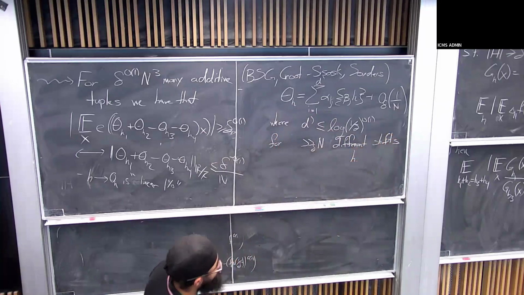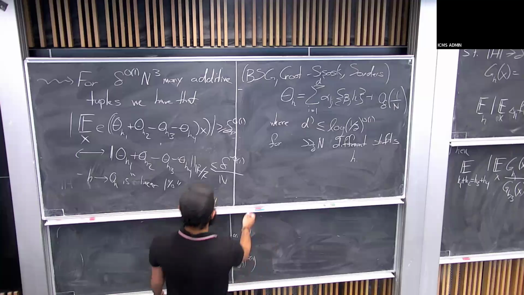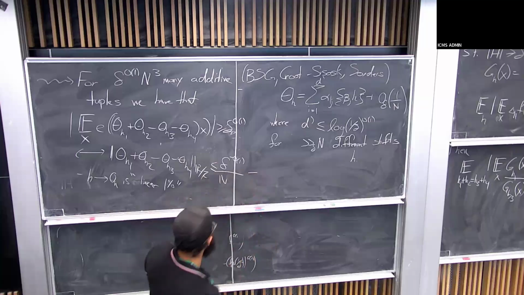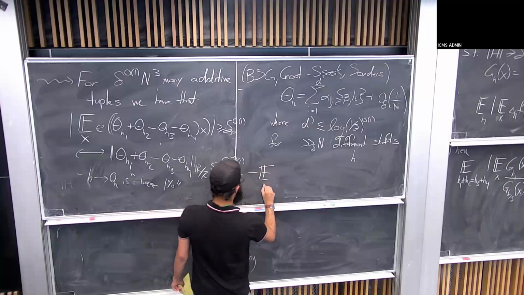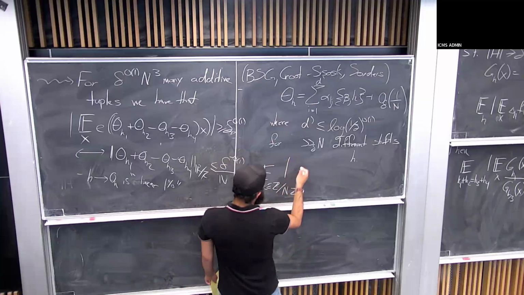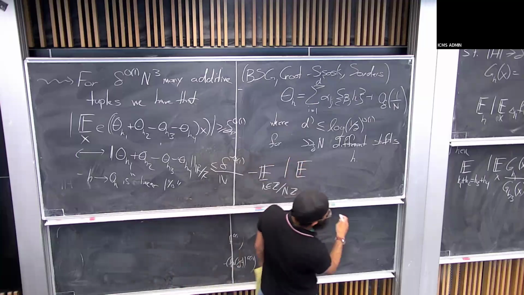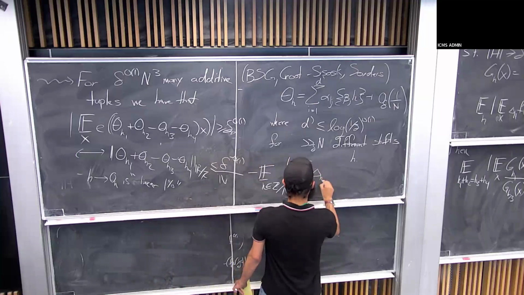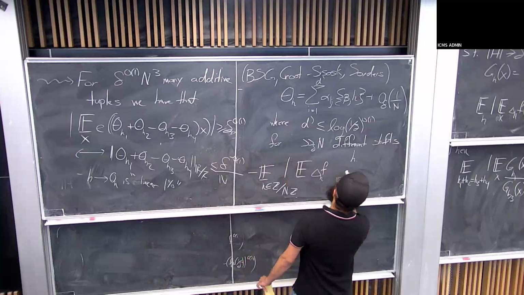Okay, and so what does this give? So this gives that the expectation over h in Z mod NZ of the expectation of delta h of f,